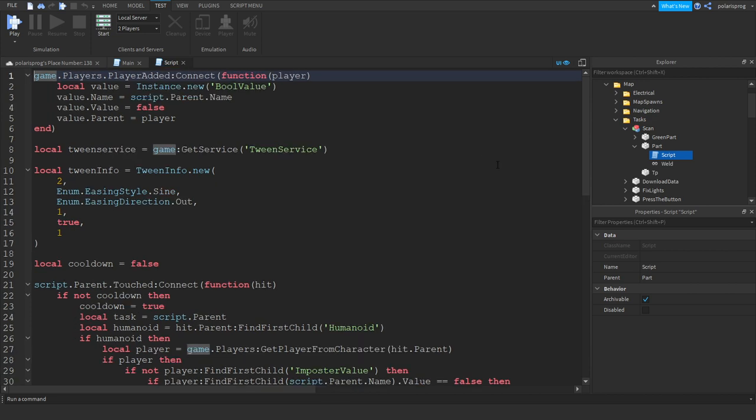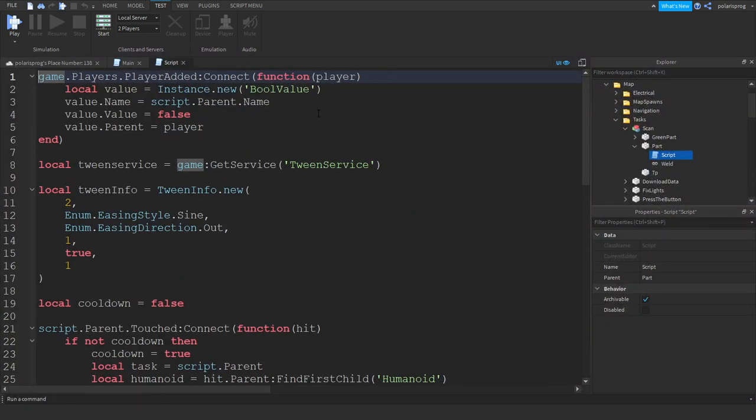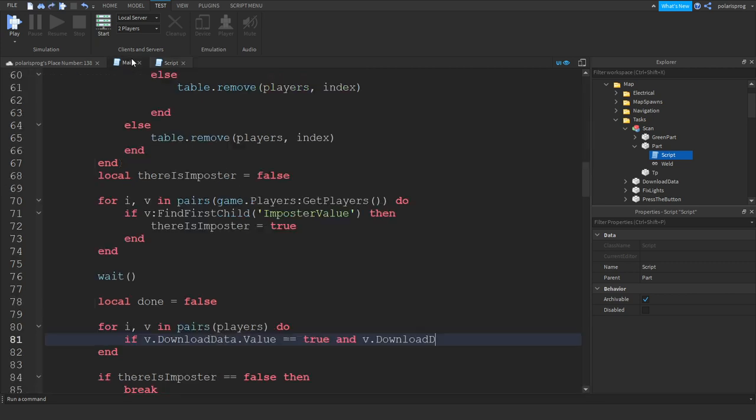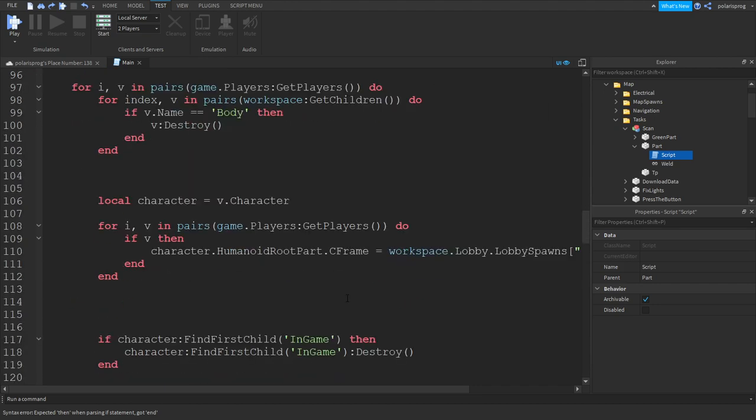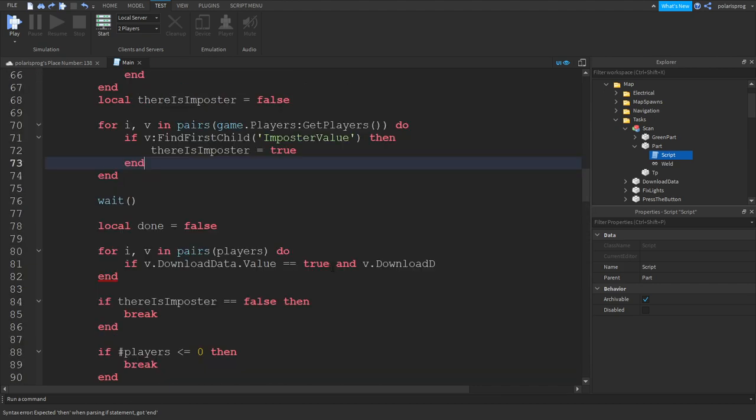Oh, by the way, inside of your scan, inside of the part, make sure that you change this to script.parent.name, so that it doesn't actually glitch and change the thing. Okay, so it's here, and v.scan.value is equal to true, and